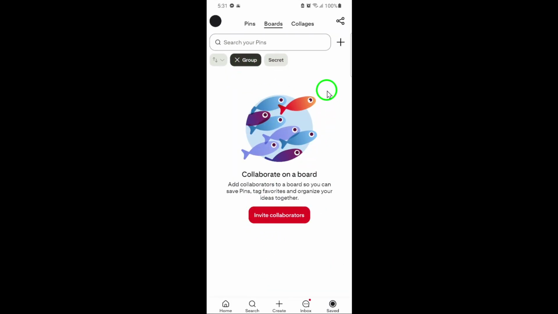in. This means you won't have to scroll through your personal or secret boards to find the ones you collaborate on with others. With this filter applied, managing your group projects, shared interests, or collaborative ideas becomes much simpler. You can quickly jump into any group board to add pins, check updates from your collaborators, or organize content without